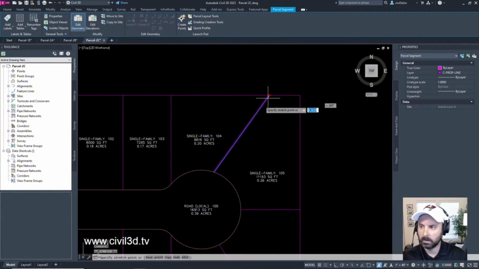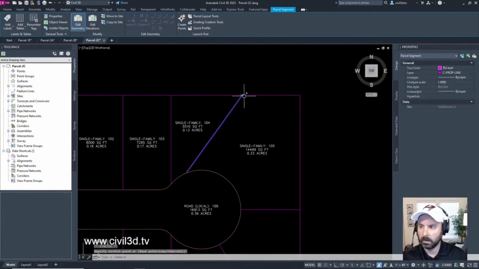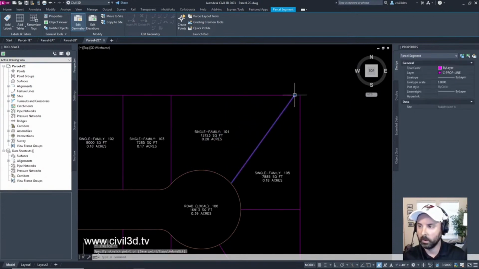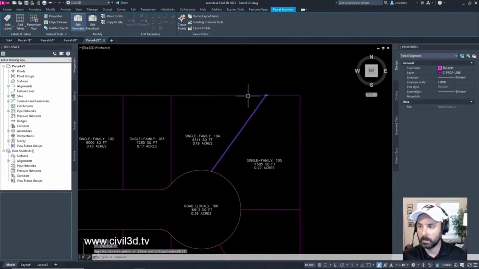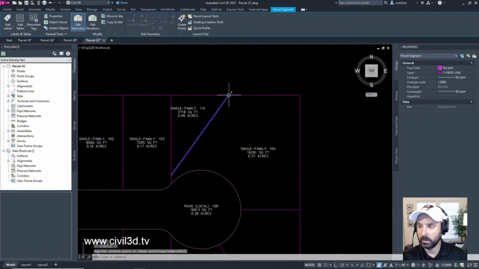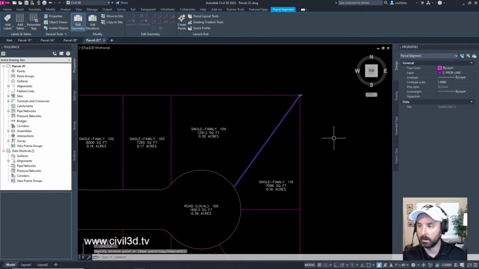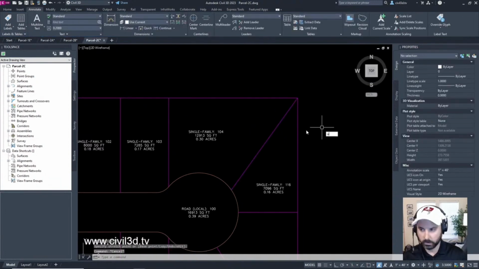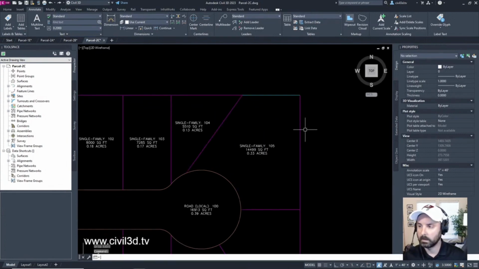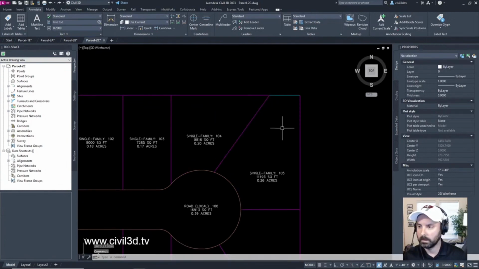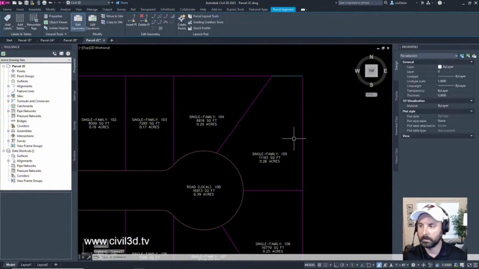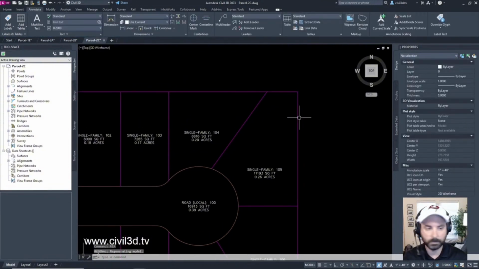See this? It'll only move like this. I can't move it anywhere else except to slide it along this lot line. And we can get a lot of different results here. Like that. And it won't go any further than that. I'm going to undo this. I believe that's essentially where we were previously. Yep. Okay. I'm going to regen all.